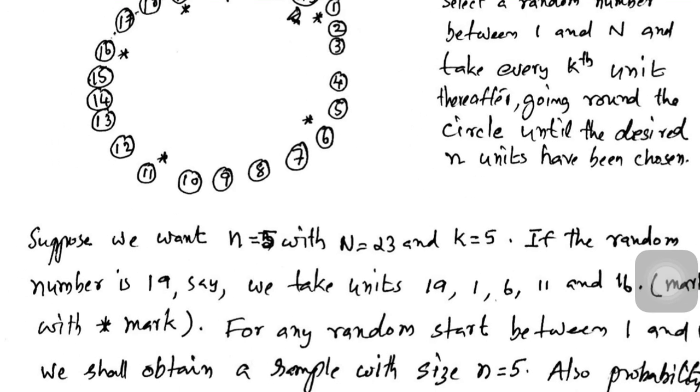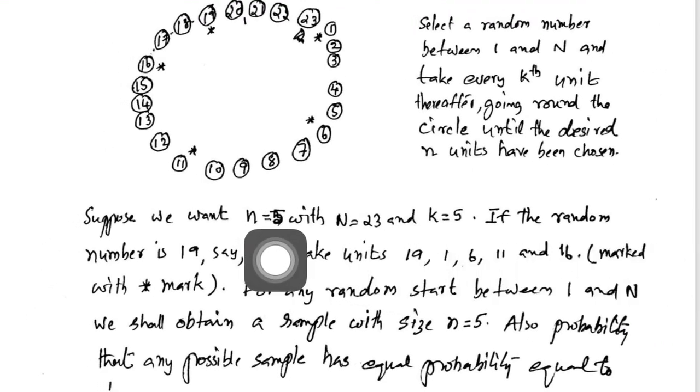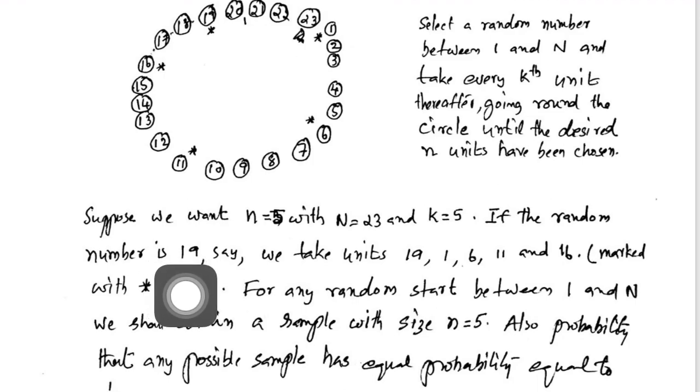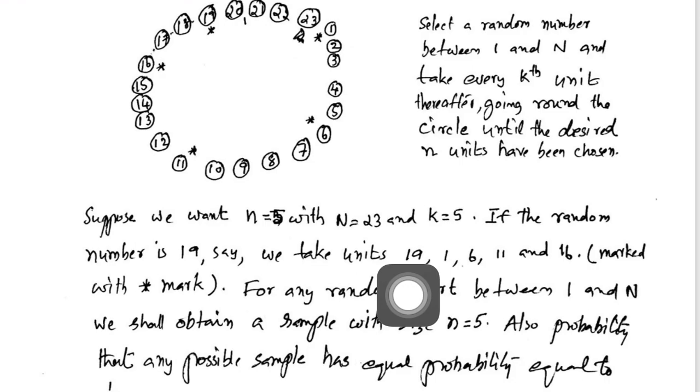ഓക്കെ, for example, in my example, suppose we want small n is equal to 5 with capital N is equal to 23 and k is equal to 5. If the random number chosen is 19, actually the random number to be chosen, that is called random start, it should be chosen between 1 and N, both inclusive. And suppose that number is 19. Okay, then we take the unit with the serial number 19, then next kth unit, that is 19 കഴിഞ്ഞാൽ പിന്നെ